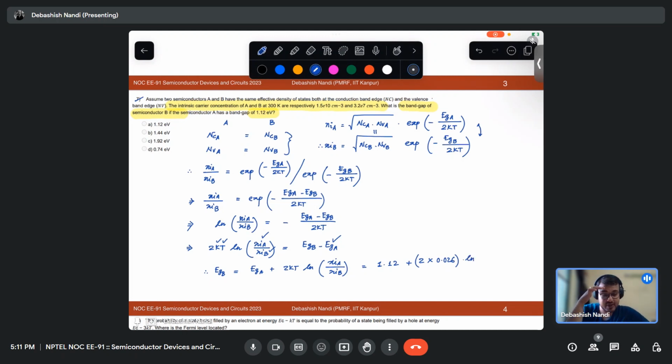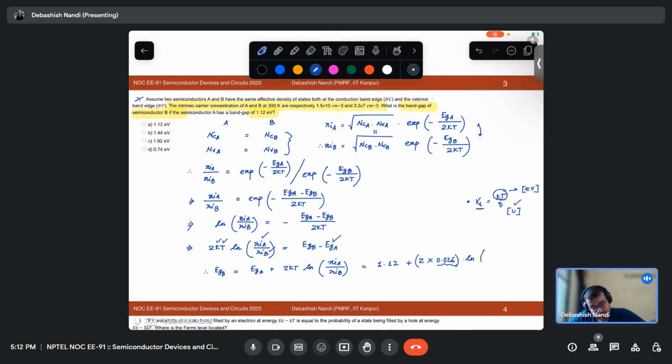By the way, what is the unit of KT? If I write this, electron volt. And what is VT, which is KT by Q? What is the unit of this quantity? VT, thermal voltage. Volts. Right. So the unit here is volts, and for this KT, the unit is electron volts. KT is energy, right?